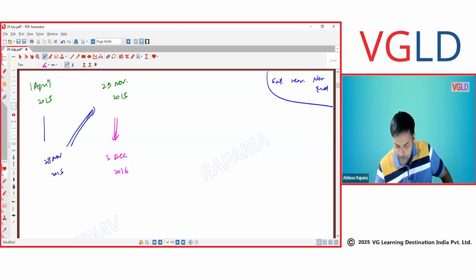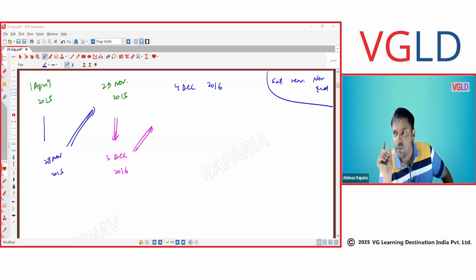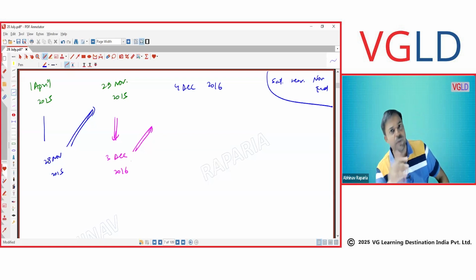After that, when will it start? Same, next date. When will this end? Now, should I look at 31st of December? No. I'm still going to look at November, guys. That's why in a few scenarios it would be crossing 52. In a year we have 52 weeks, but since we sometimes cross, that's why it's called 52-53 weeks. So still we are going to look at November. Go to 30th of November 2017.